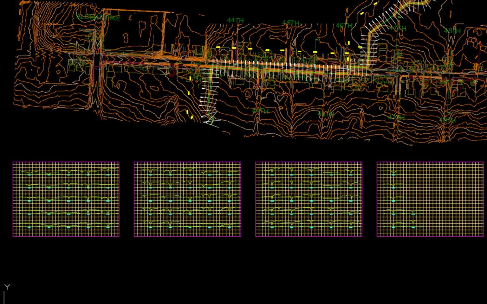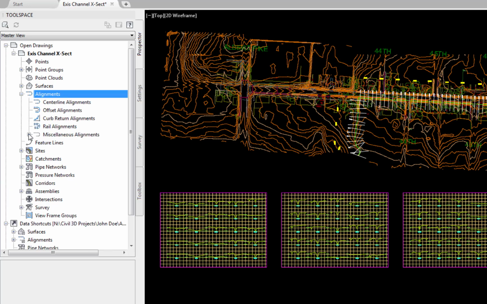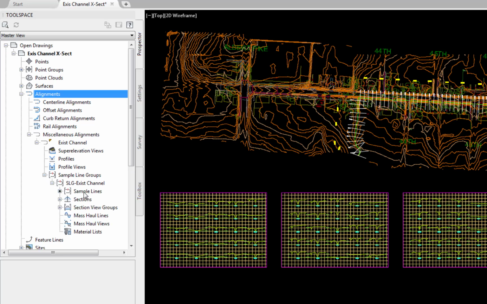Once created, the Civil 3D section sheets that are created by the production method cannot be moved. If moved, they will revert back to the original position when the drawing is saved and then reopened. If the sections need to be moved, use Prospector, Alignments, Miscellaneous Alignments, Existing Channel, Sample Line Groups, Sample Lines, Sections, Section View Groups. Right-click the Section View Group,